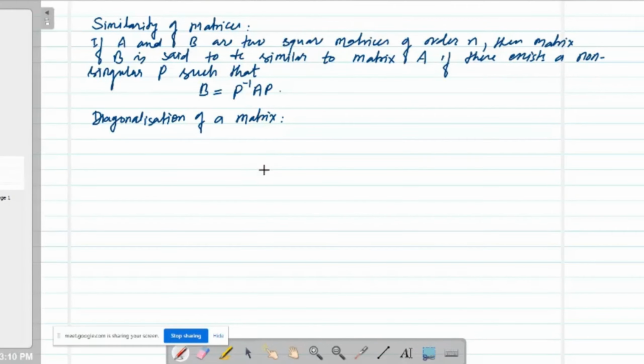This is a very important topic in matrix theory. Okay. So a square matrix A is said to be diagonalizable